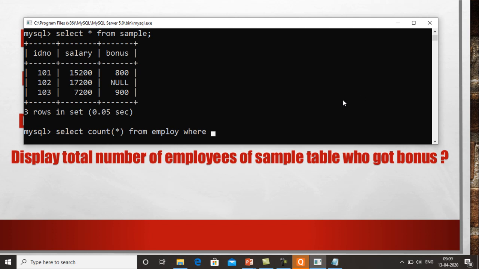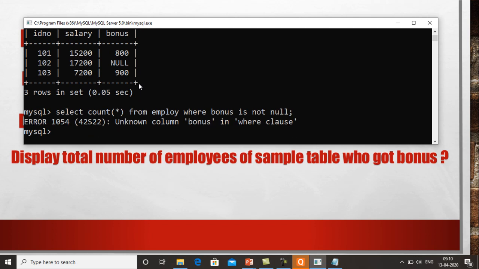So it means the bonus value of that employee is not null, because the person who is getting bonus has some value, but the person who is not getting bonus, in his field it is written null. So where bonus is not null.